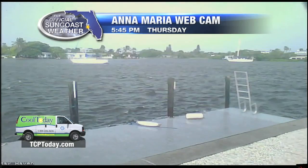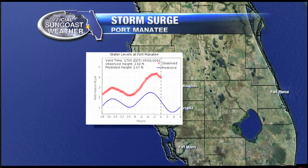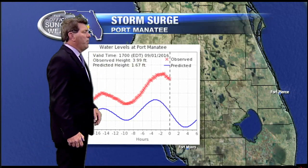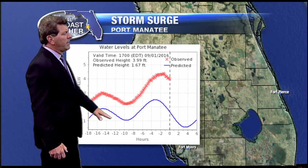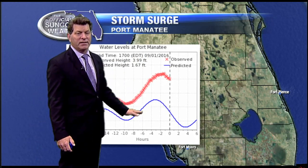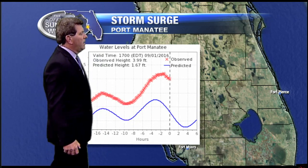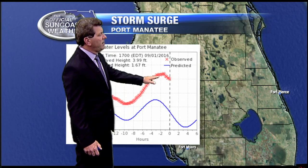And you can see that sky's starting to darken up there as of late. And as far as storm surge goes, get a look at this. I pulled this graphic up from the Port Manatee buoy and monitoring site there called Ports. And what you're looking at is the blue line is what we're normally expecting as far as high tide and low tide. We reached high tide and it was happening just again right around 1 o'clock this afternoon, 2 o'clock,